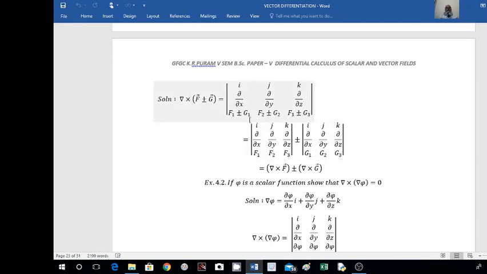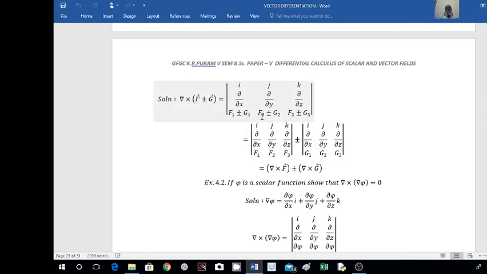Now here by the properties of determinant, I can write this determinant as the sum or difference of the two determinants here. That is here first row, second row, third row. Here the third row consisting of first row, second row same. Third row consisting of the addition of the two terms here. Okay. Or subtraction of the two terms.